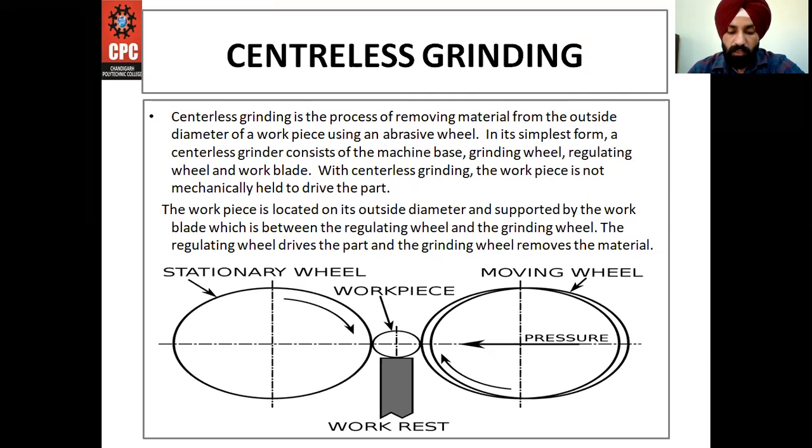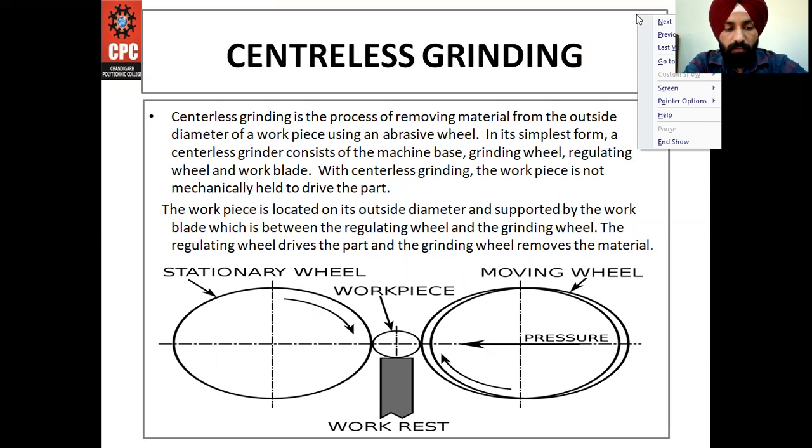And next is internal centerless grinding. In internal centerless grinding, the workpiece is supported by three rolls: one is the regulating roll, and the other is the pressure roll to hold the workpiece firmly against the support and regulating rolls. The grinding wheel contacts the inside diameter of the workpiece directly opposite to the regulating roll to ensure a part of uniform thickness and consistency.